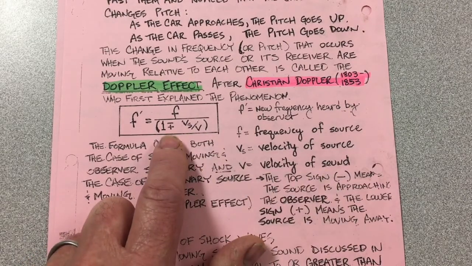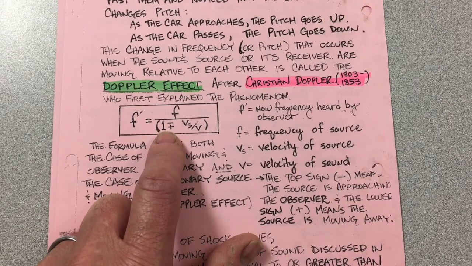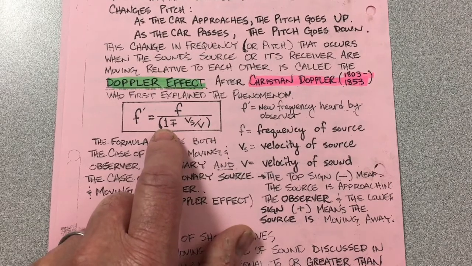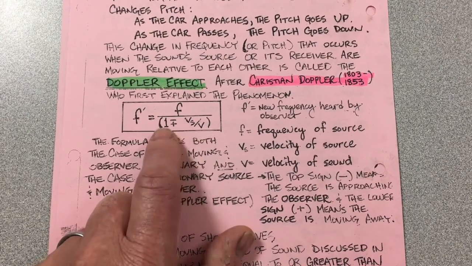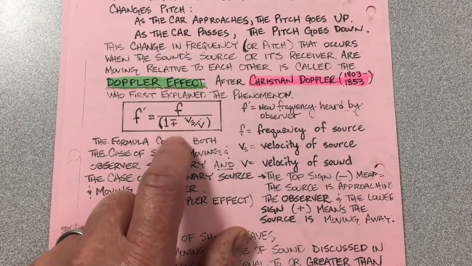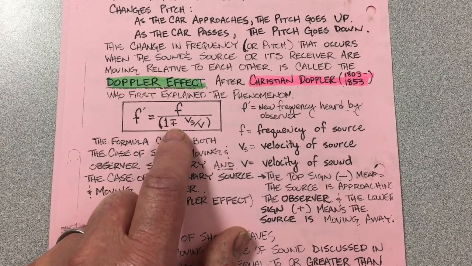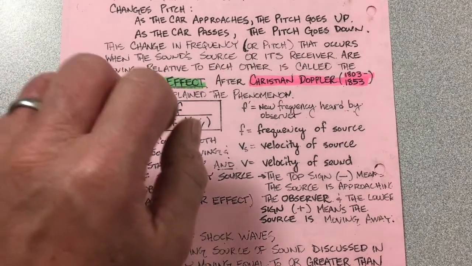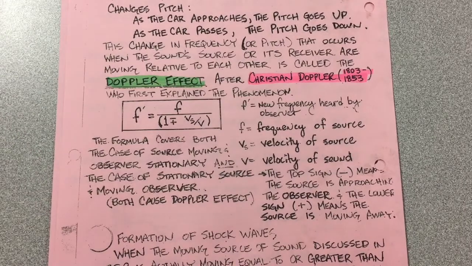A quick word about the plus and minus. Clearly, if you subtract from 1 something that's small, you get an answer less than 1. If you add to 1 something small, you get a denominator a little bit greater than 1. So from a logic standpoint, you'll see why we use the plus in some situations and the minus in the other situations. But the easy way to remember it is if the sound is coming toward the observer,